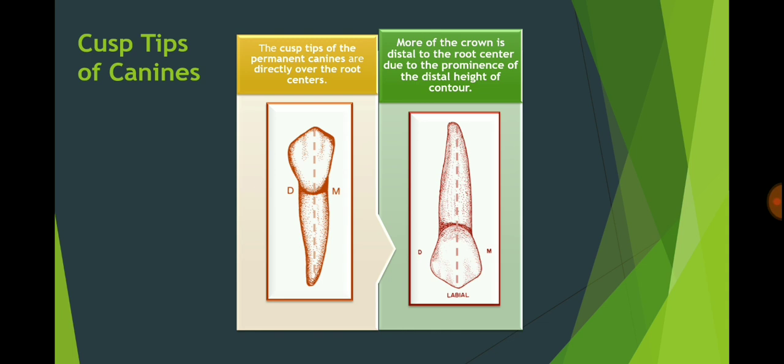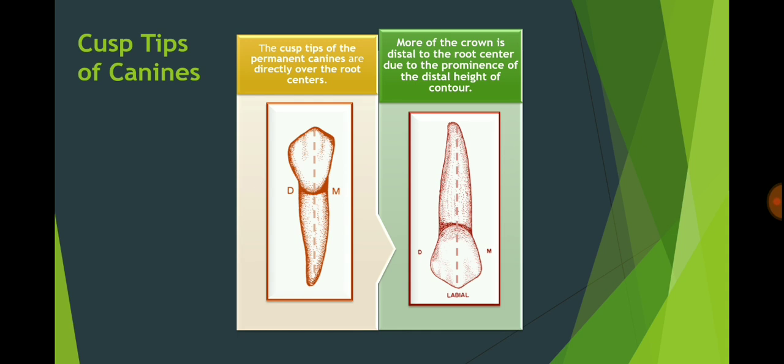The cusp tip of the permanent canines is directly over the root center. As you can see, the line drawn through the cusp tip goes all the way to the apex. Those are very important points. And more of the crown: when you draw a line from the cusp tip to the apex of the root, you see that more of the crown is distal to the root center